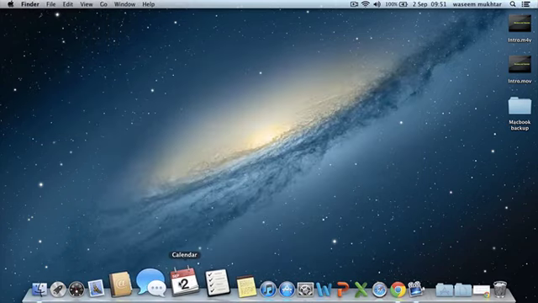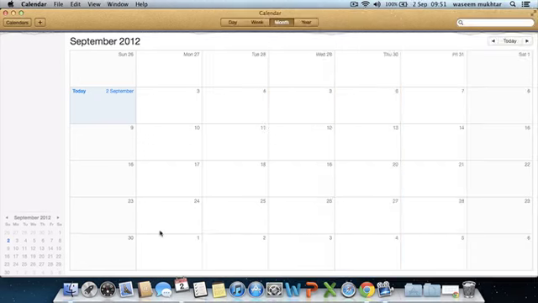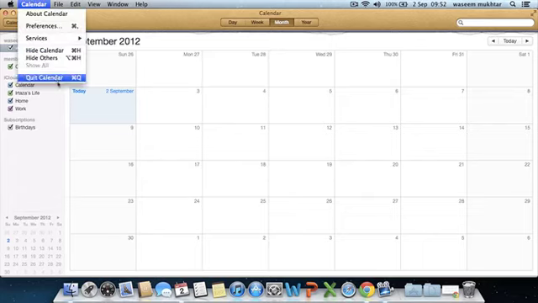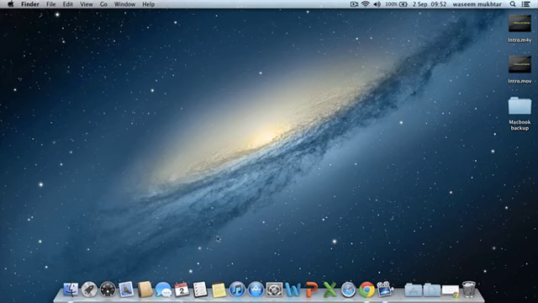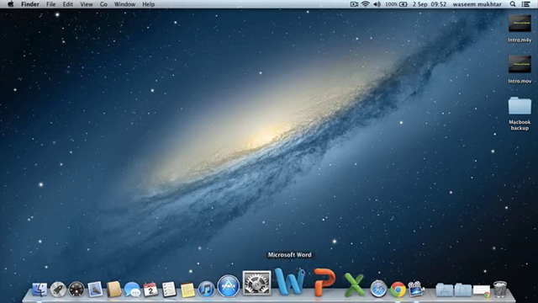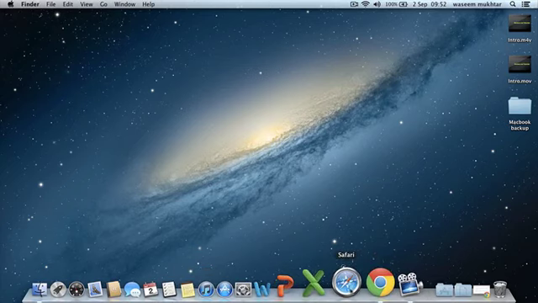Now, Calendar. Calendar has improved really well. In Snow Leopard, we had iCal. Over here, we have the iOS interface, Calendar. This is really cool. And with iCloud, if you have put an event in your iPad, you can also see it on your Mac. That is one of my favorite features. Reminders and Notes I will show you later, as they are really special. And Dictation, that's the end, guys.